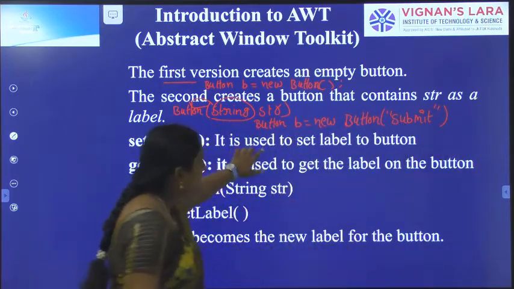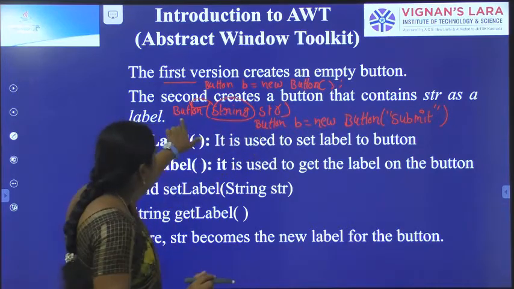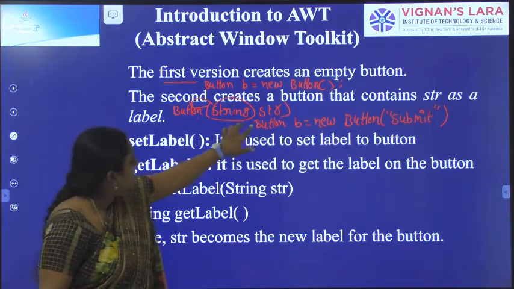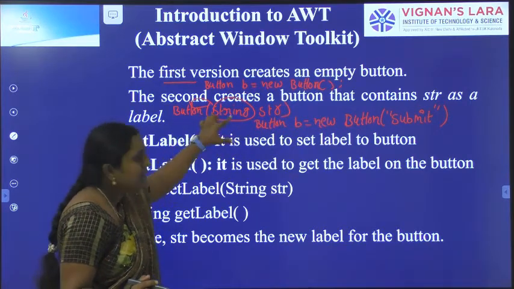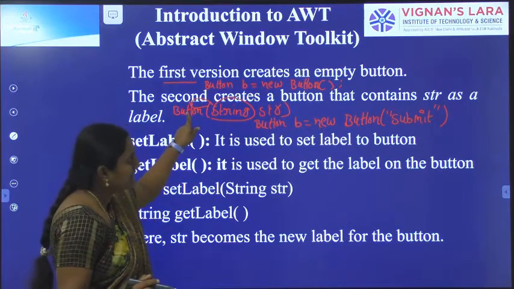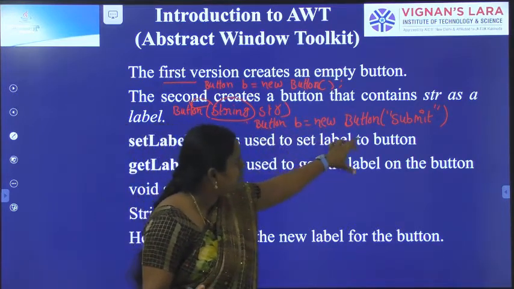So here I am creating an object of the Button class. The second constructor is Button(String str). Here Button is the class name, and String is the argument supplied to the Button constructor. Suppose I create an object of the Button class: Button b = new Button("Submit");